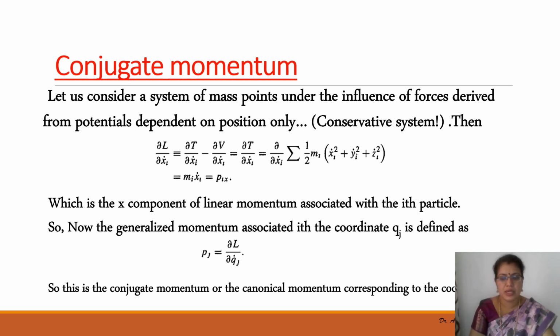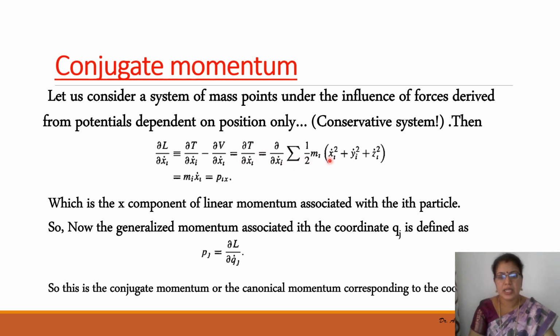L is equal to, we have already studied, L is equal to T minus V. So what would be the velocity dependence of the Lagrangian? Dou L by dou x dot would be dou of T minus V, so it is dou T by dou x dot minus dou V by dou x dot. There won't be any dependence of the potential upon the velocity. Therefore this term would be 0. So we will have only the kinetic energy dependence on the velocity. So dou L by dou x dot will reduce to dou T by dou x dot, which will be,